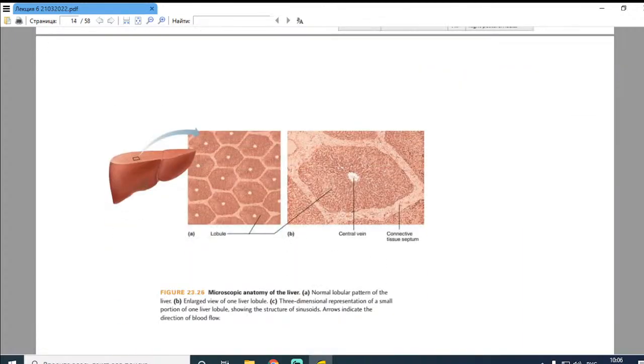You see a photo, microscopic anatomy of the liver. You see a normal lobular pattern of the liver, enlarging the width of the liver lobule. In the lobule, in the center, is located the central vein, and at the periphery,